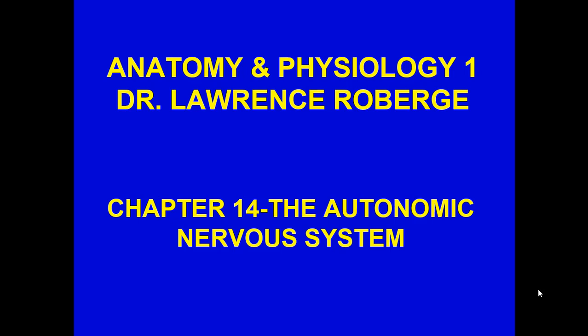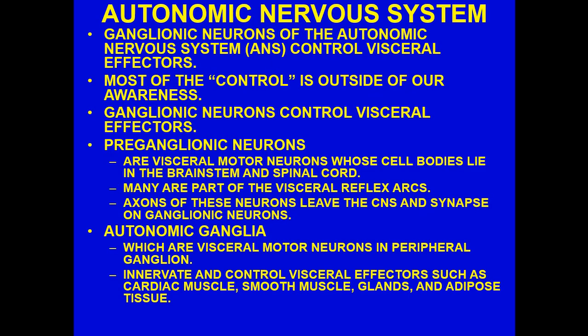Greetings. We are now going to start coverage of the autonomic nervous system, chapter 14. This is a system that is outside of our awareness, which basically means that in a lot of cases, we are not aware of how our blood pressure goes up, blood pressure goes down, movement of food through the gastrointestinal system, the pace and intensity of the cardiac muscles, or release of lipids from adipose tissue. That's what we're going to explore today.